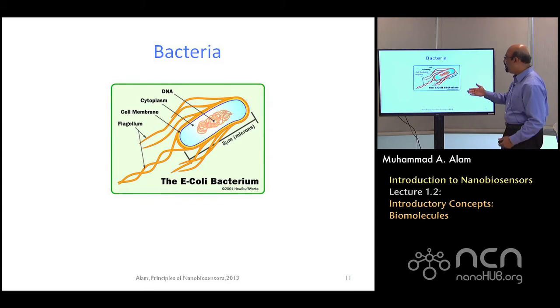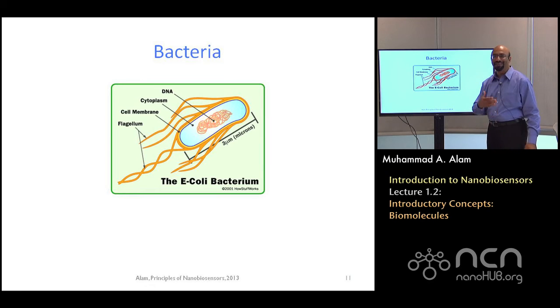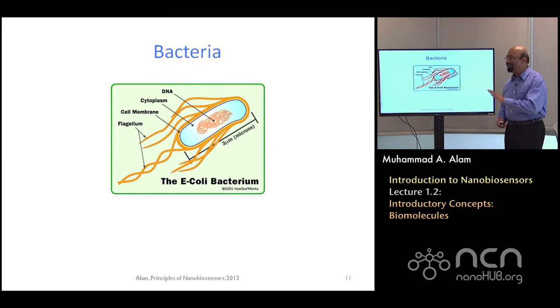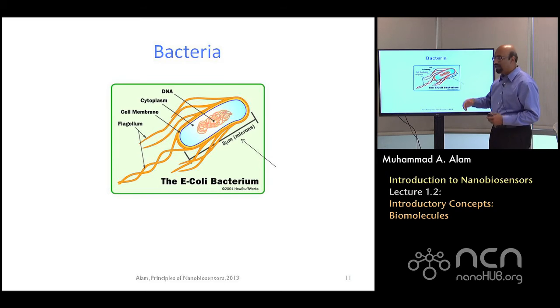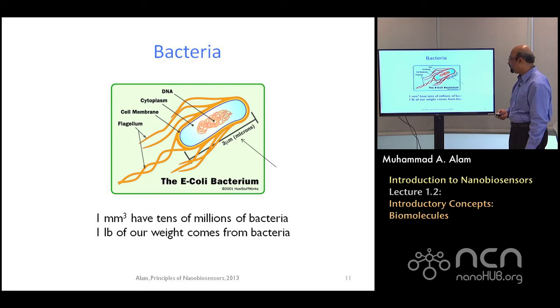Next up, a little bit bigger, the size of a 1970s transistor, is the bacteria. So if you open up an old computer, maybe you'll find something of this size, about 3 micron here, a much more complex structure. Don't worry, we don't have to know any of these structures. The bottom line is that this is a relatively heavy molecule which can be captured on a sensor surface, and the mass and the size will essentially allow us to separate it from other parasitic molecules.